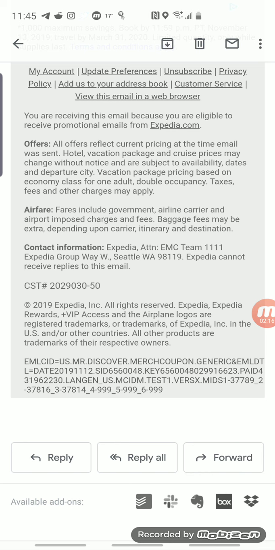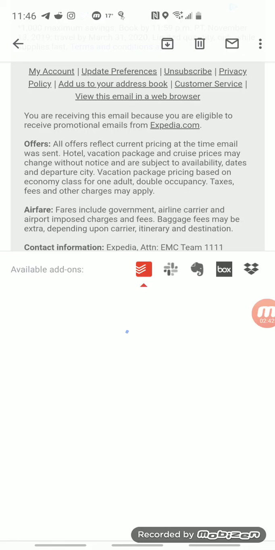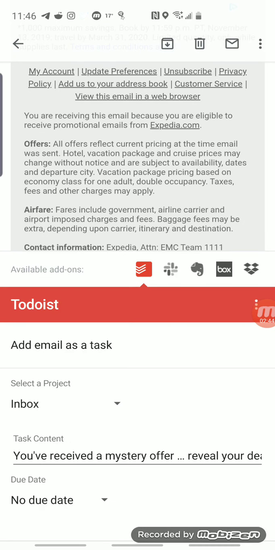Basically, it's just to help you organize your emails a little bit more, or keep reminders in different applications, just in case you don't use Gmail that often, but you get emails in Gmail and want to send it to another source. So if this is an email you want to keep,